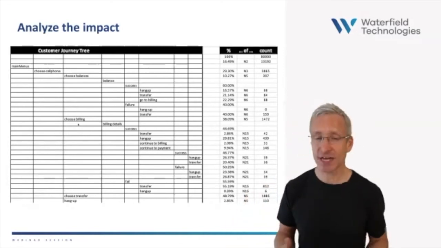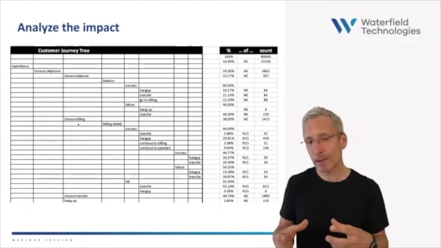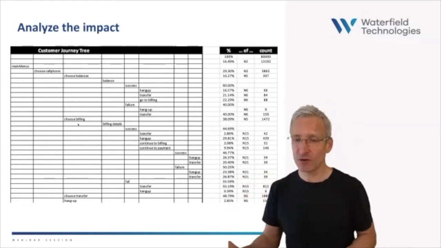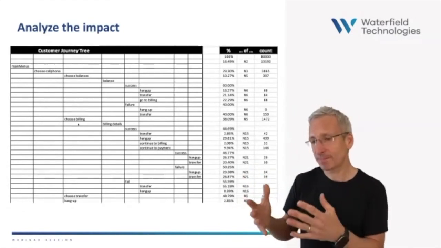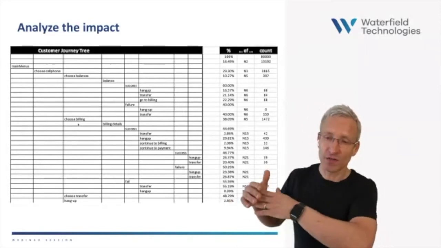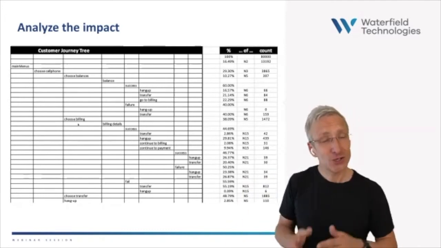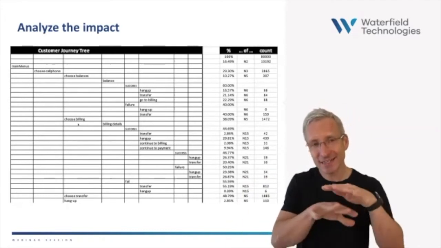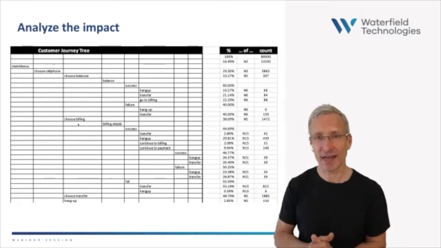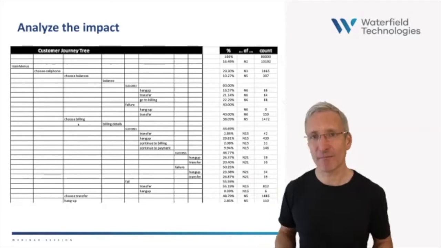And you can do the same for the conversational design. What if we improve the design here so more people were able to find their account number? Or what if we were able to improve the back-end system so that we got 5 or 10% less timeouts, or we got the data we need to support the customer 5 or 10% more? You can just plug in those different numbers into this probability tree and see the impact on the outcomes. And this really helps you drive the whole bot management system.